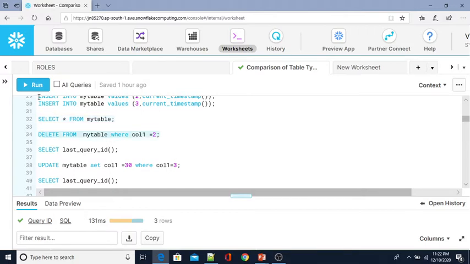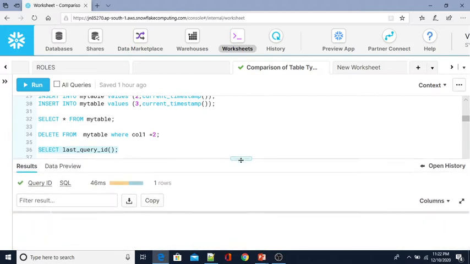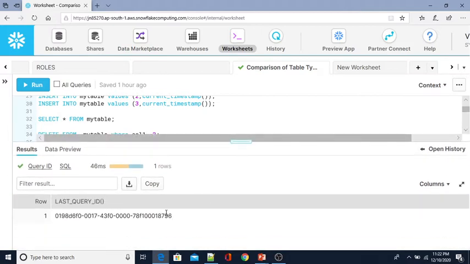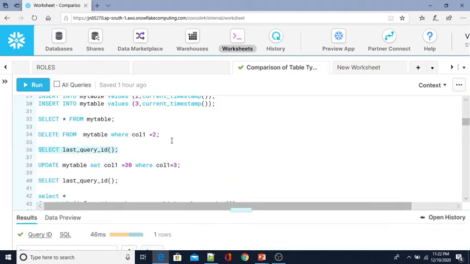Now I'm going to delete the one row where column number is equal to 2, and I'm going to capture the last query ID. Last query ID is nothing but a statement ID. In any database, if you execute any query or statement, one ID will be generated for that statement. Similarly in Snowflake, whenever you execute any SQL statement or procedure, one ID will be generated.